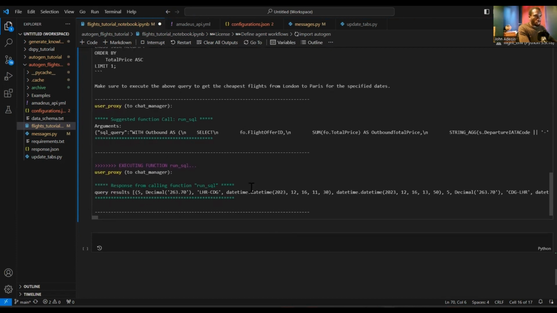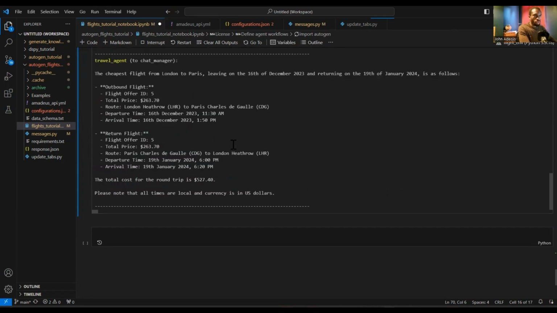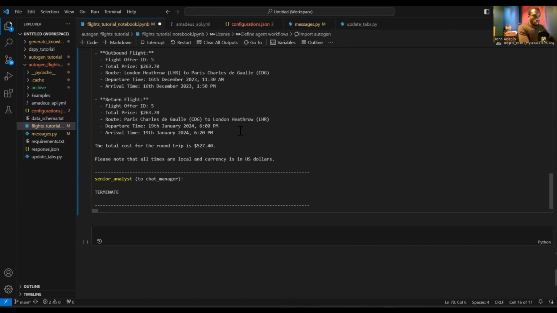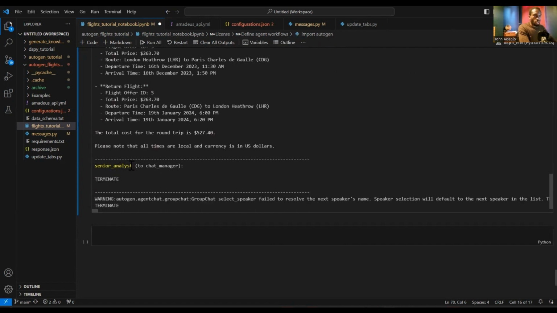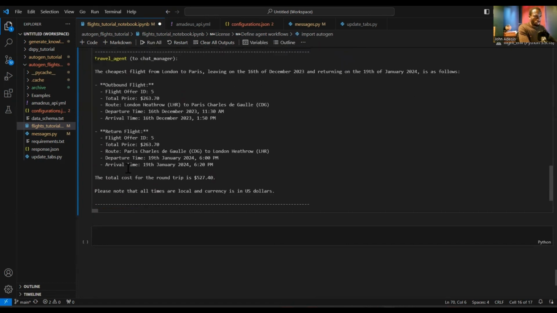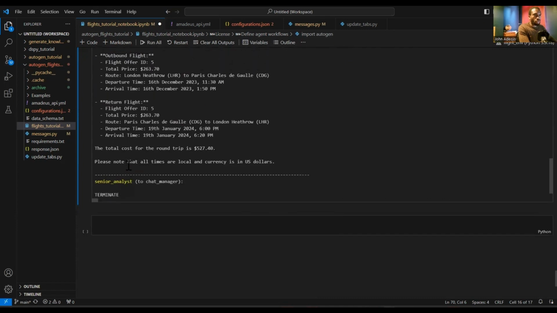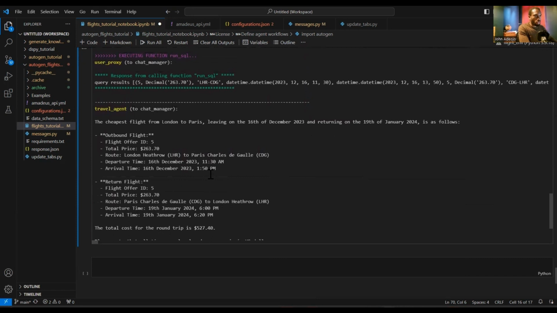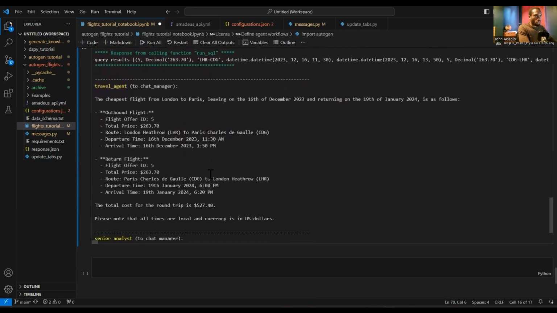So we've got some data returned, which is good. And then the travel agent has interpreted that data and provided us a response. And in the next flow, the senior analyst has seen that the response is adequate, so has replied with terminate, which is great. So that's the complete agent trace, and we were able to decipher which flights were the cheapest from